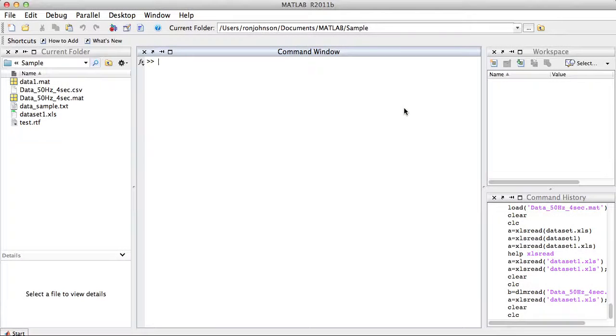Another way of importing data is by typing functions into the command window. If you have a matrix that's composed only of numerical values, just numbers, no text, you can use dlmread. To use this function, you must first create a new file name for the file you want to import. Let's call it A. And then you type in dlmread